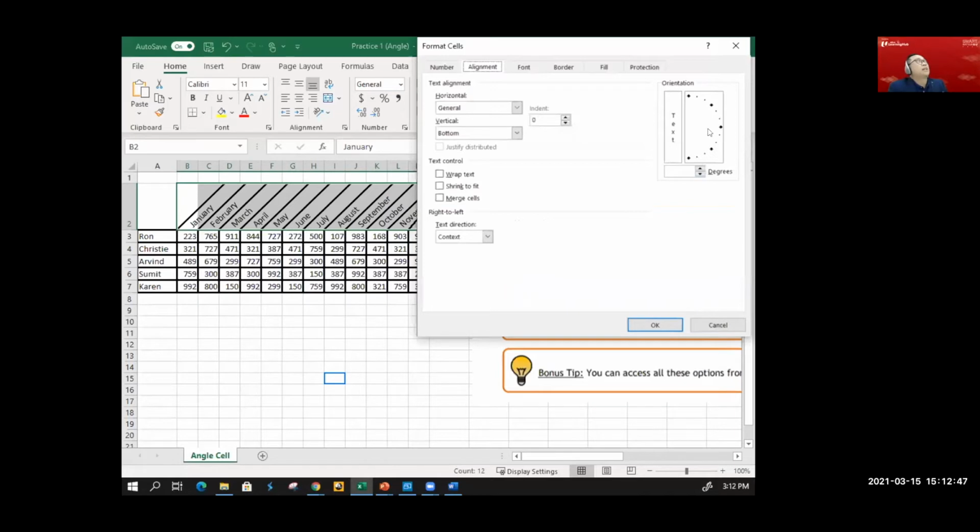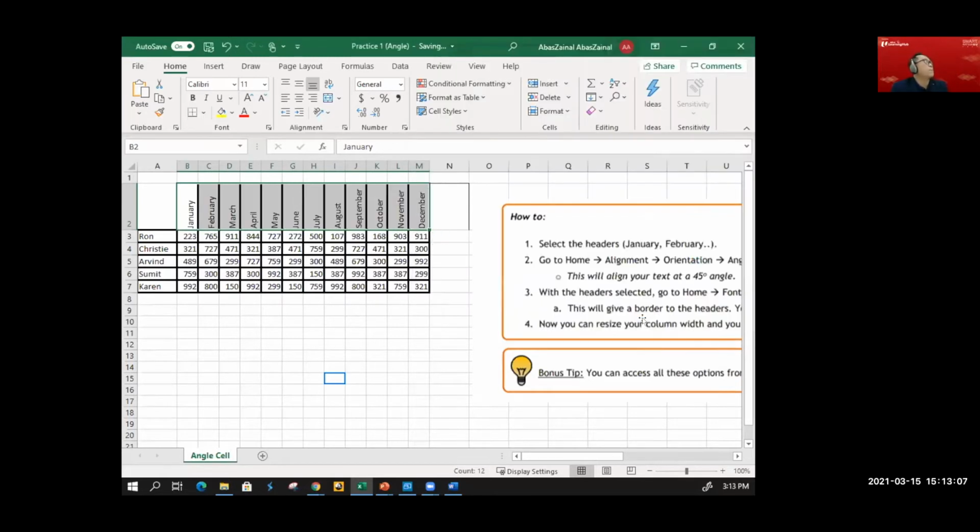right? In here, notice orientation. If I click on 90 degrees, then it will be back flat. If I change it to 45 degrees, it will be up at an angle. If I were to change upright, then it will look something like this. Okay, take a look here. Okay, this is upright, right?